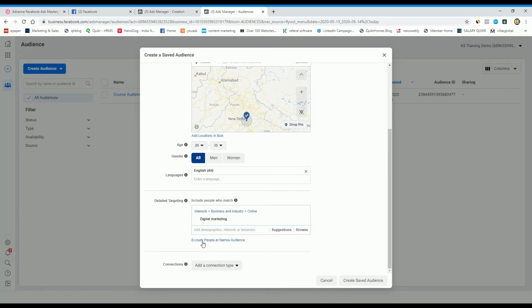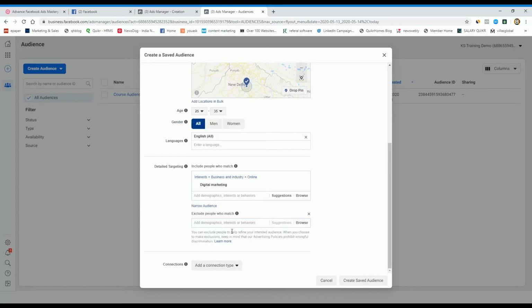Exclude people means people who are not your customer, but might look like your customer. If you are confused, like if I am a real estate developer, I would not like to show my advertisement to brokers.